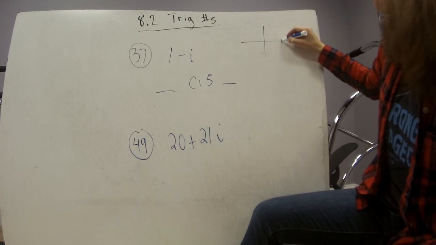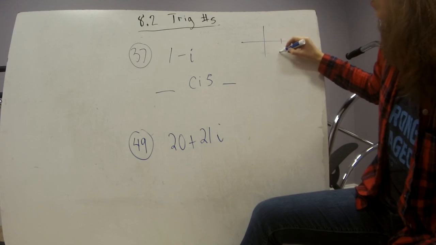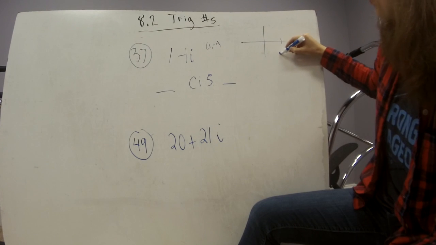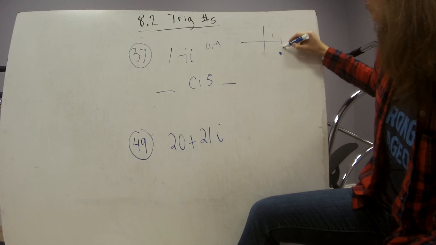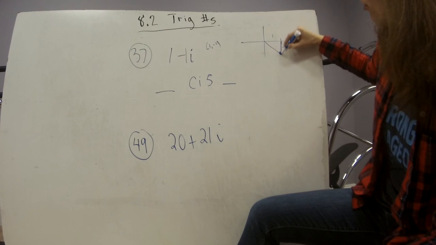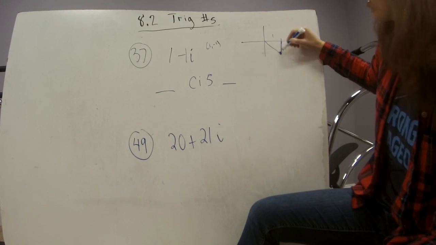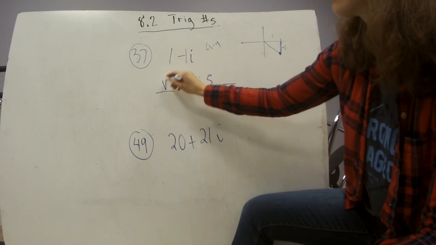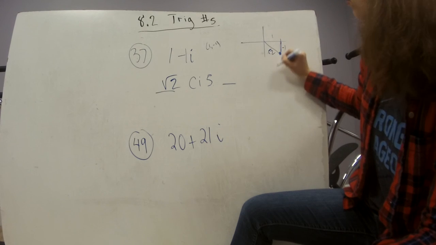So 1 over 1, down 1, right? Because this is 1, -1. So this is essentially the point 1, -1, right? So boom, that's right there. And so if I know this is 1 and this is -1, I'm like, well, shoot, 1, 1, root 2. I know that, and I know what degree it is, right? It's 315. So this is just going to be root 2 because the hypotenuse is root 2, and this is